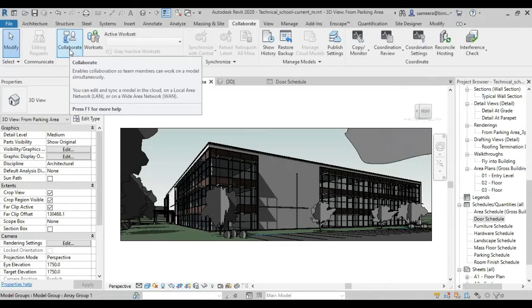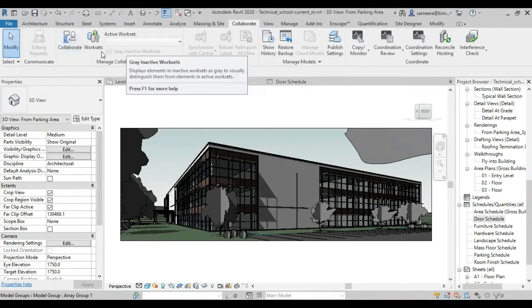In the sample file they provided, there can be some default worksets. So in the question, it can be like this: they will give a picture and ask us to change the workset, and which workset is more suitable for the image shown in the question. So only if we know how to use the worksets or how to use the gray inactive worksets.